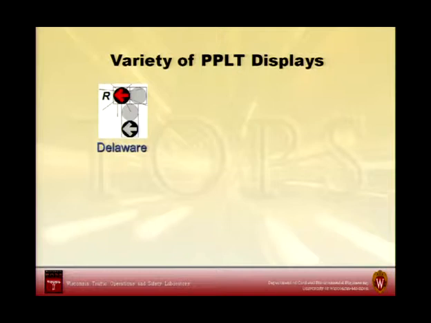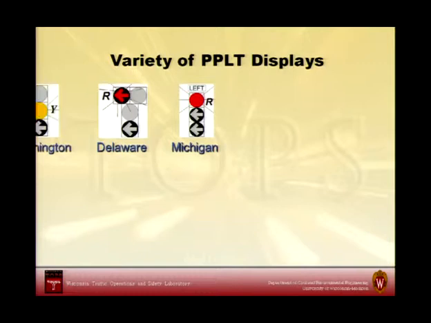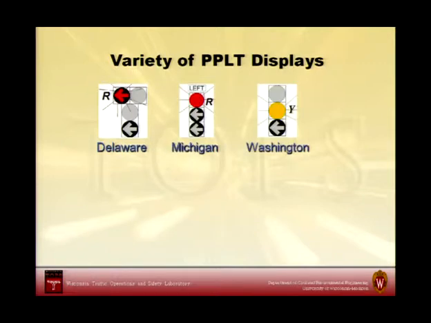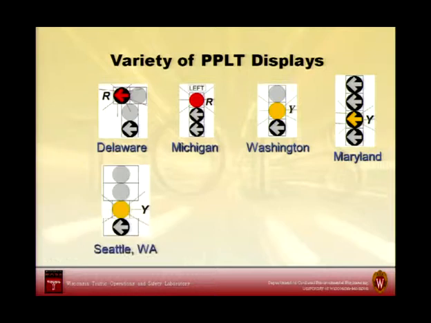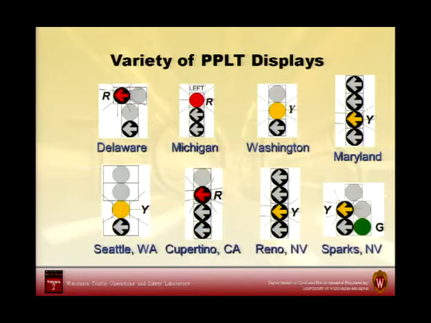And along came the flashing red arrow in Delaware, and the circular flashing red in Michigan, and the circular flashing yellow in Washington, and the flashing yellow arrow in Maryland, and on and on and on. Okay? So we saw different combinations in different locations of the country doing the right thing, right? They're trying to solve something they were experiencing in terms of a traffic safety problem. But the issue obviously is back to safety and traffic control devices and uniformity.